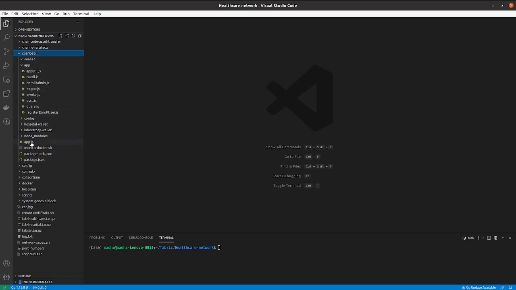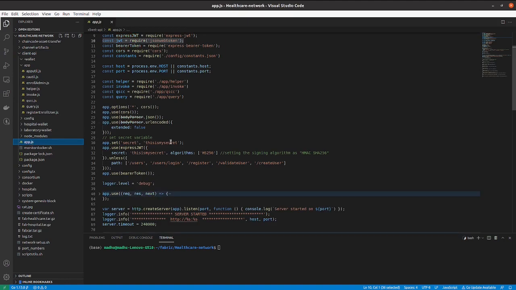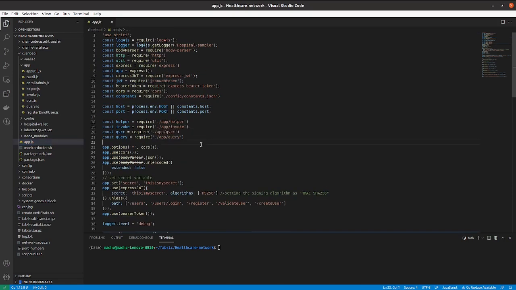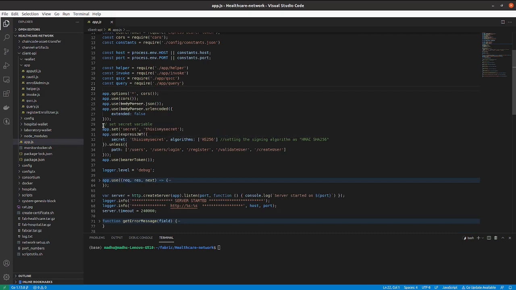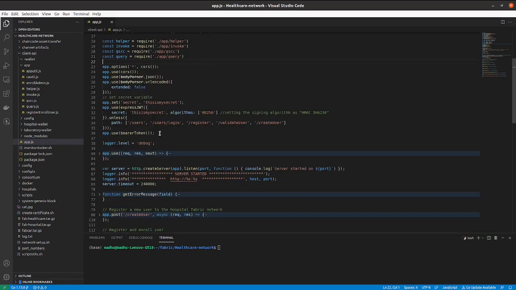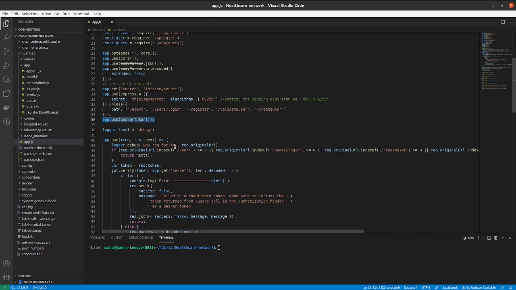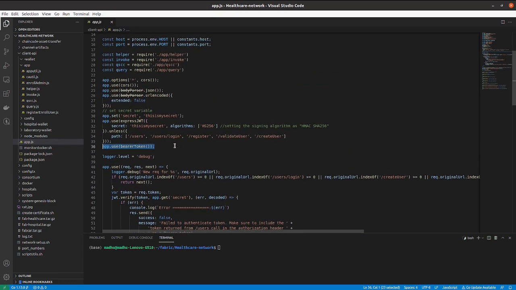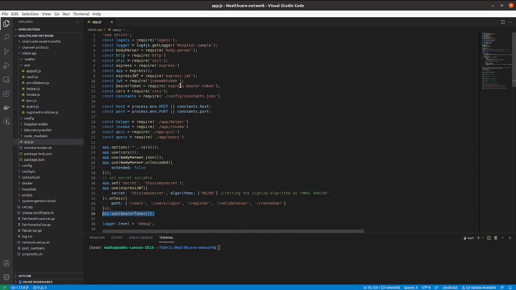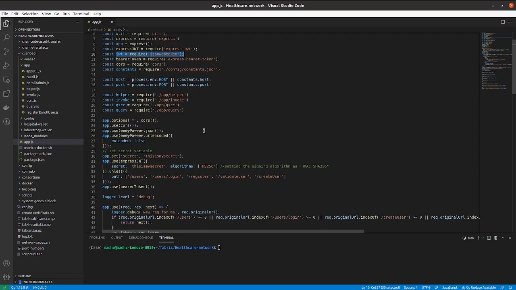The entry point into this server API is app.js. Here, when a client application calls any API, it will first hit this function, app.use. Inside this app.use, first it will verify the JSON web token. For authentication we are using JSON web token, JWT.